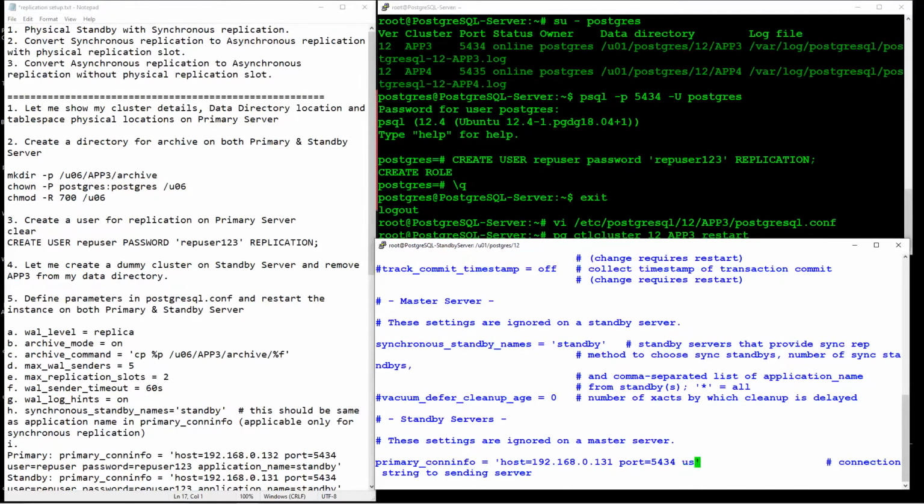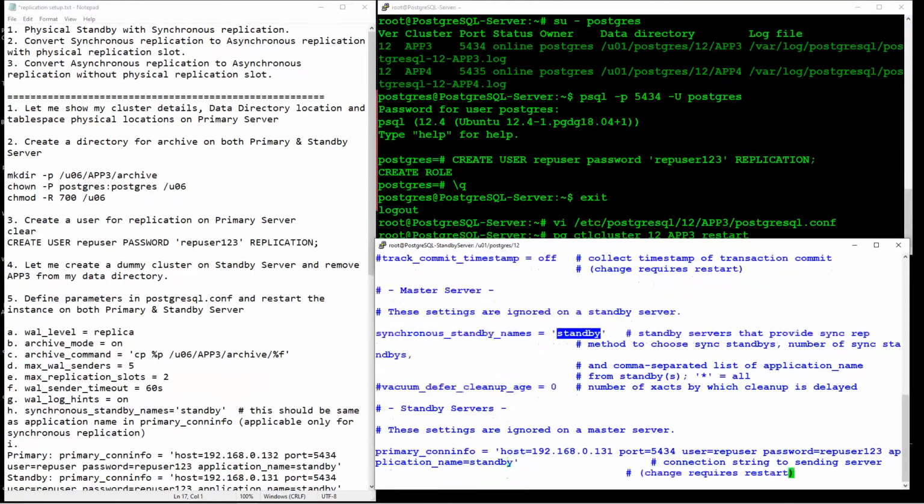User is going to be rep user, password is going to be rep user 123, and application underscore name going to be standby. So as I said, your application name and this synchronous standby name should be same.